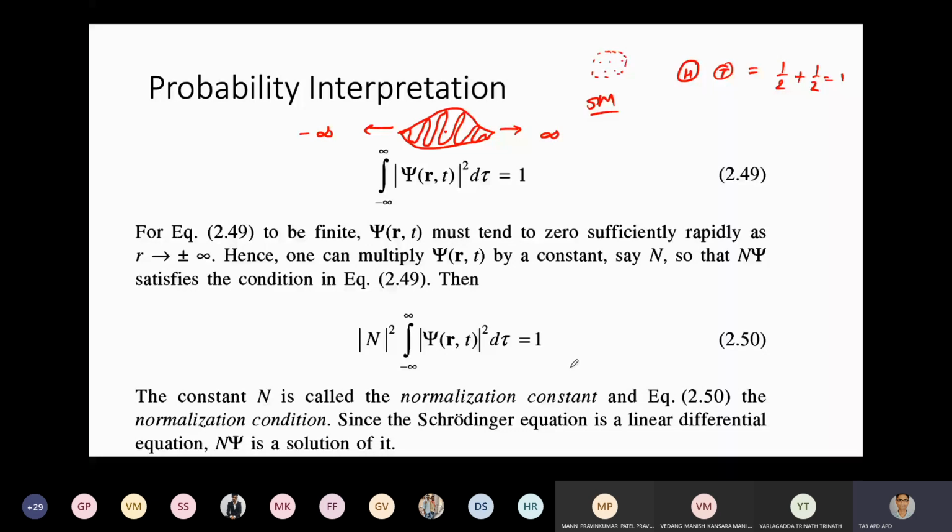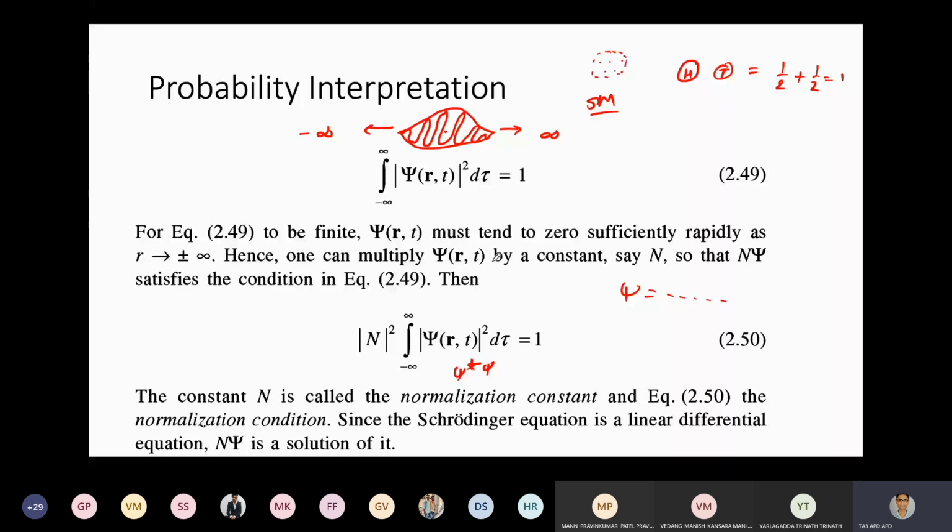Okay. So you will see this condition to be useful, that you will be given a certain function psi in a particular example, आपको दिया गया होगा, and we want to actually find the normalization condition. So in that case, we will simply take the integral from minus infinity to plus infinity, and then we take the complex conjugate. इसका मतलब है psi star into psi. Okay, and we make it equal to 1, and from that we find out this normalization constant. Okay, so we'll see this. We will do some examples later on. Okay, so that is about normalization condition.